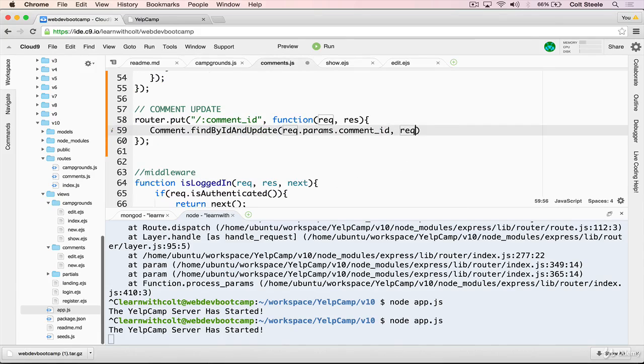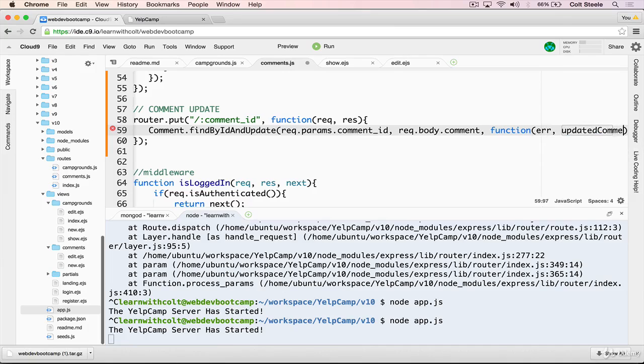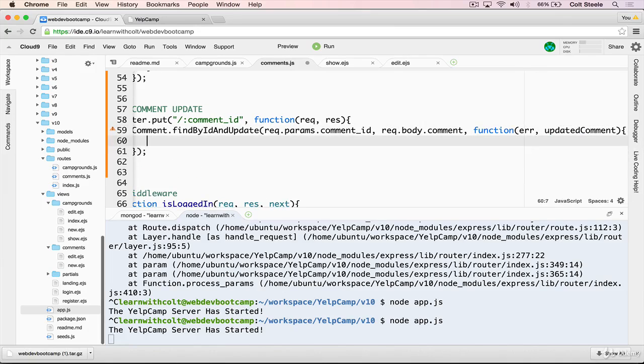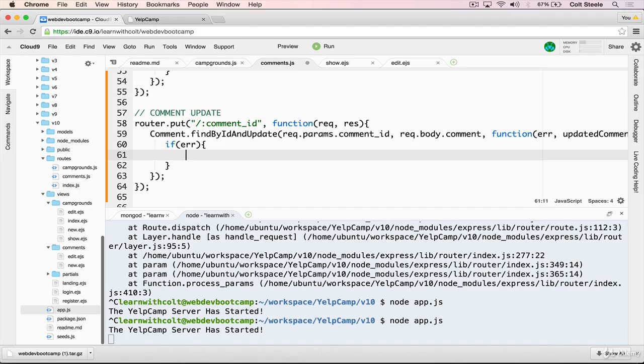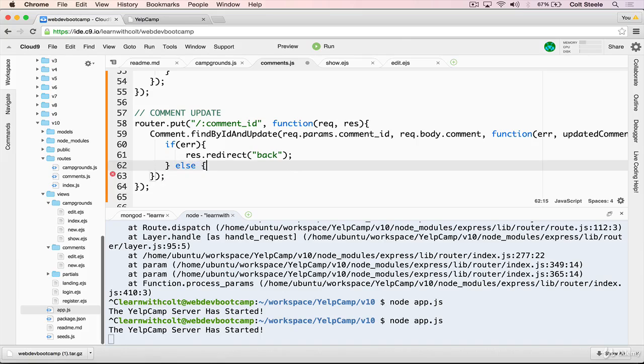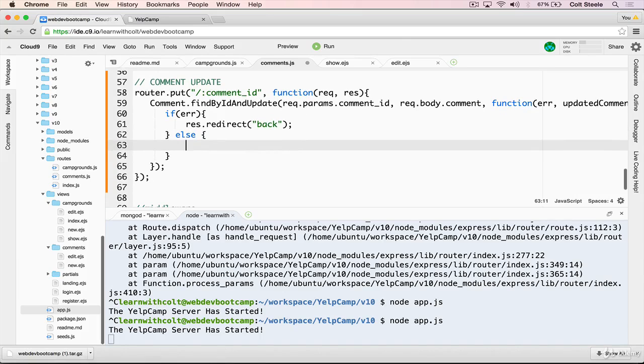So we can go back, request.body.comment, and that's just the entire comment object, which only has one thing, text. Then error, and then we'll call this updated comment. And then we'll check if there's an error. We'll send the user back just with res.redirect back. Otherwise, we want to send them back to the show page for the comment. And all that we need to do there is res.redirect. Remember, the show page is